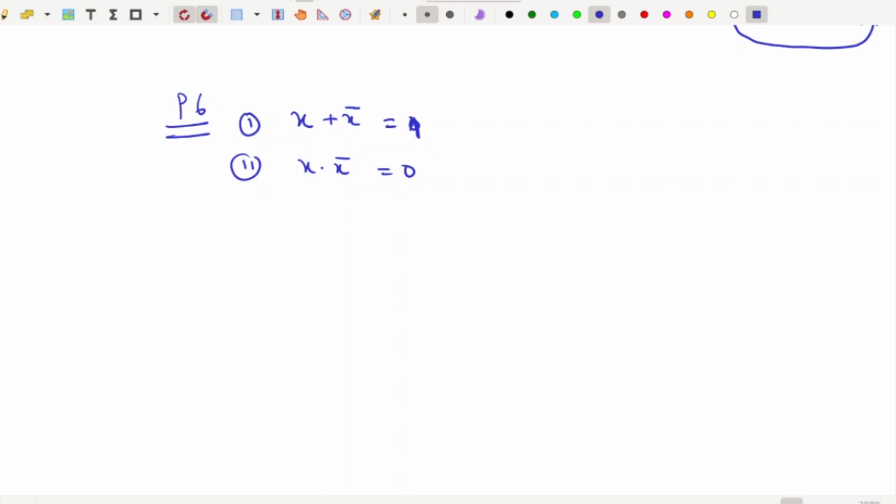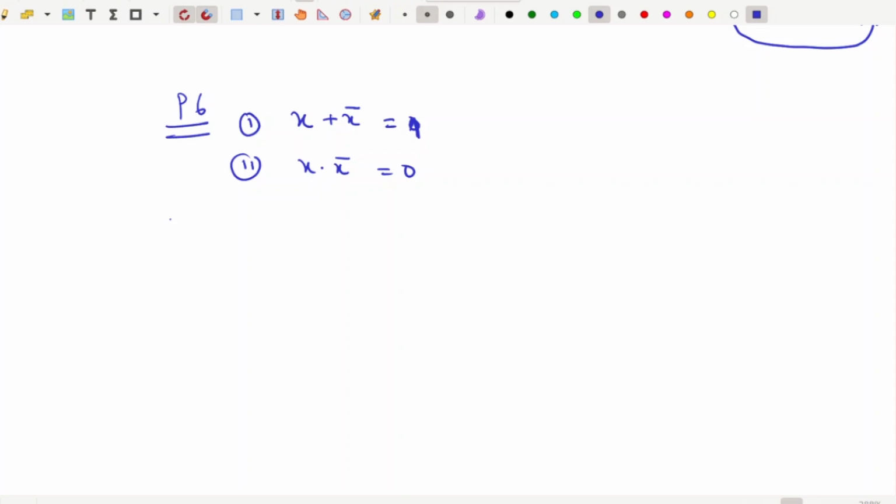When we add 1 with any number of variables in a logical addition, then simply the result is what? 1. And when all the inputs are 1, then we know that the result of AND is 1. In the rest of the cases the result is 0. So here if x is 1, then its complement gives 0. If x is 0, then its complement gives 1. That means at least one input is always 0, which results in this value 0.